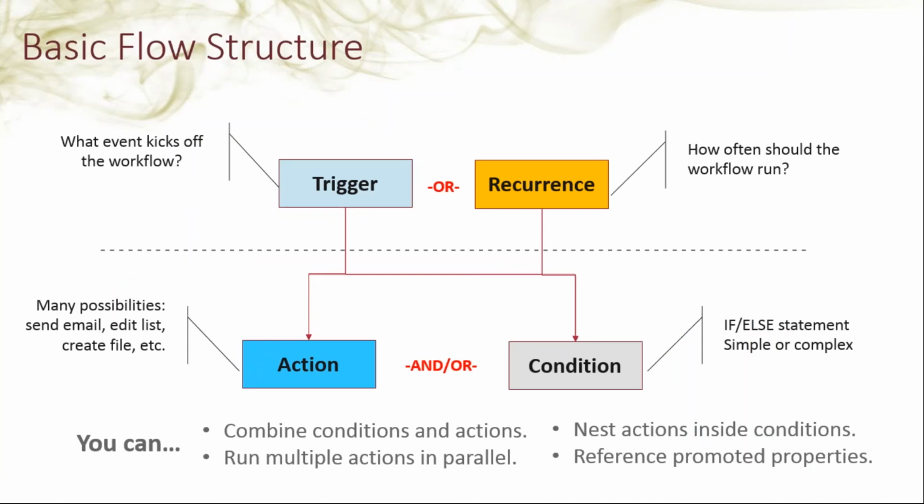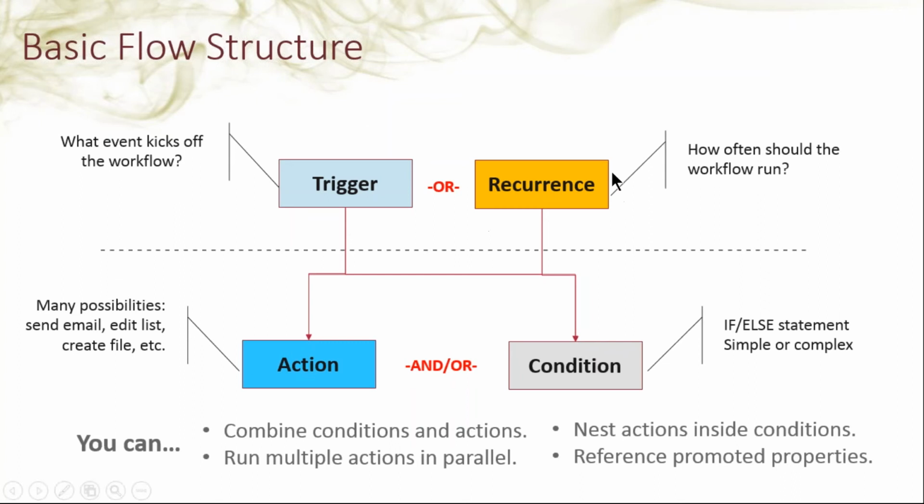Now, just a little bit about the basic structure of a flow. At the beginning, if you're creating a new flow, you have to select either a trigger or a recurrence. So you have to actually pick what event will kick off the workflow, whether it's adding a new item to a library or updating an existing item, or when a file is deleted. You need to select some sort of trigger at the beginning. And this is different from the way you would design workflows in SharePoint Designer, where you could just design the workflow and then later on choose through a different menu when you wanted it to run.